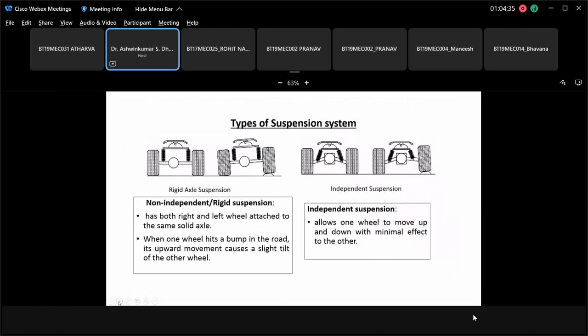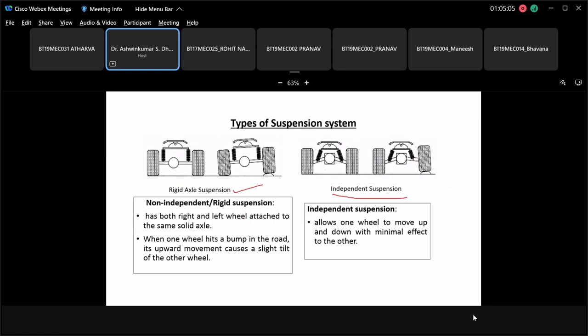Stabilizer bar and now the types of the suspension system. So please note that basically there are two types of suspension system. One is a rigid axle suspension system, and the other one is independent suspension system. These two things which are written in the boxes will give you the difference between these two suspension systems. So the figure itself is making it clear that